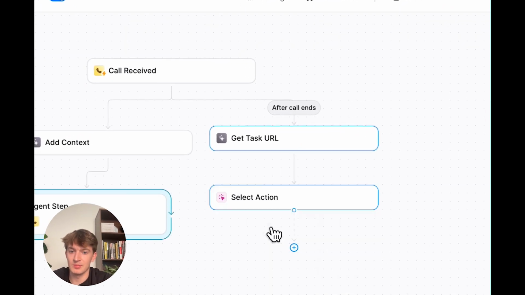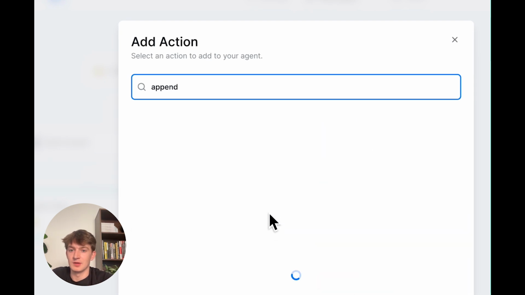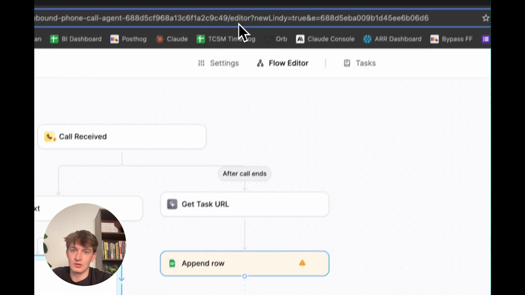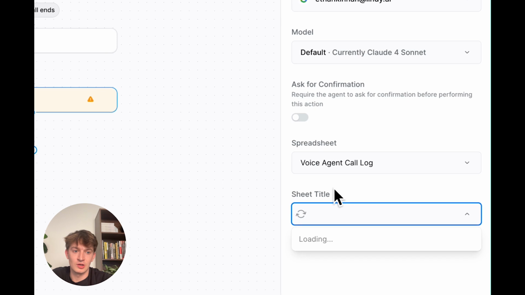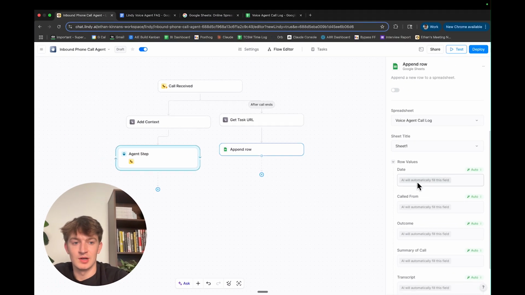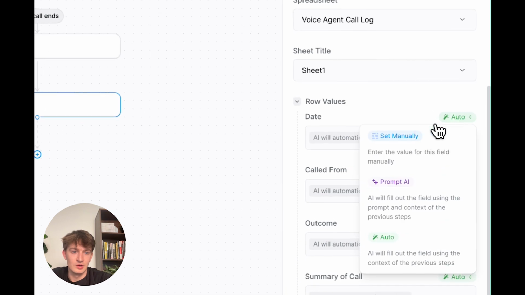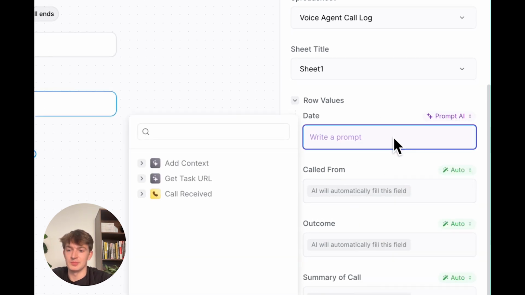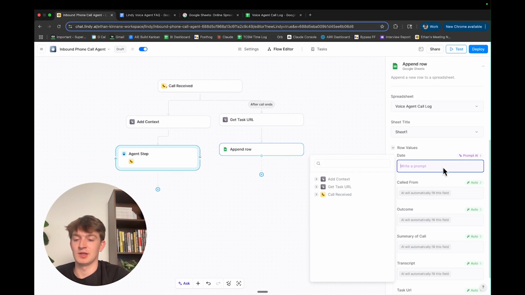And then let's add a step, add a row. This is going to be voice agent call log. You can see sheet 1. Now we have all of our attributes here. Let's just go through each one. Auto. I like to prompt these just to take them off auto, just so I can standardize the format. Auto is also pretty good, but just for best practice's sake, let's change the date